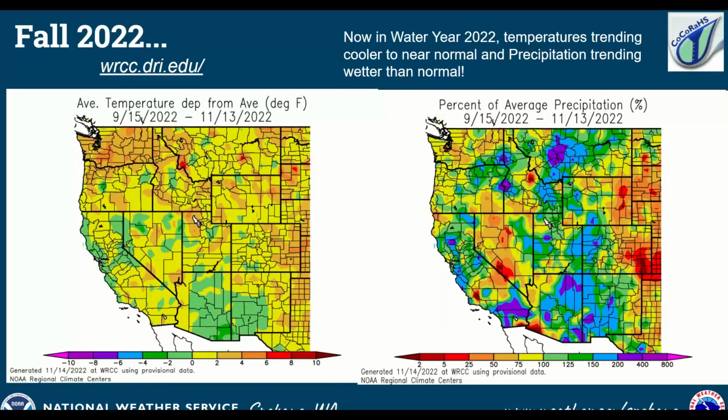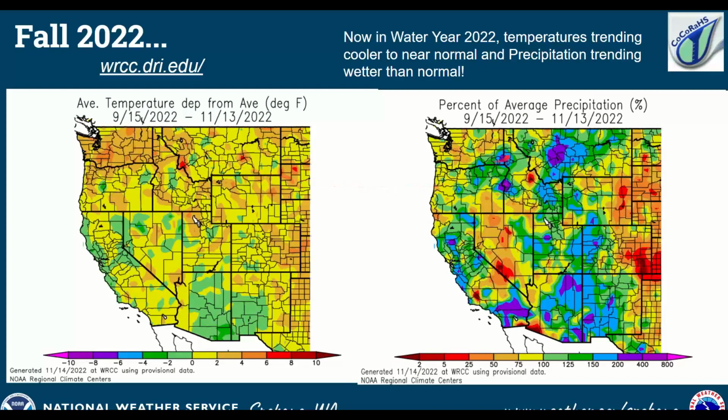Now, since we have started the new water year, how have things been trending? Well, the map on the left shows the average temperatures. And I know we're starting a little bit before October 1st, but it gives you the last 60 days. Temperatures have actually been trending warmer than normal. Well, if you remember, September, October were so mild. Oh, well above normal. It was the fall that just didn't end until we got to November. And then we have been put in the freezer a little bit. But still, over the last 60 days, we've been trending above normal region wide.